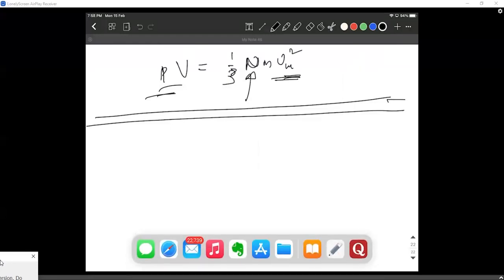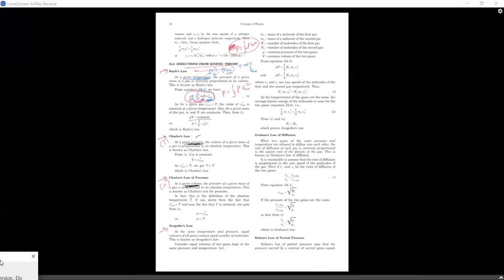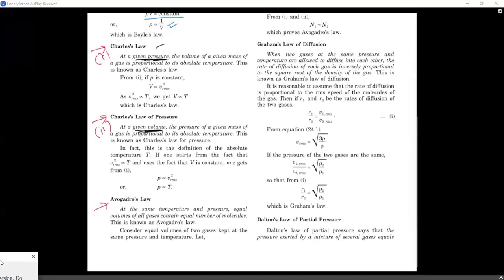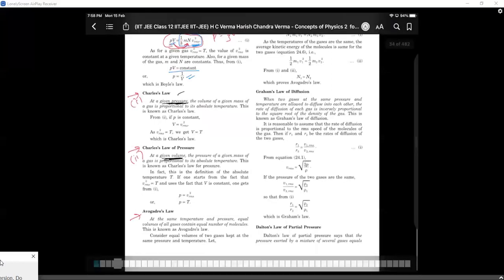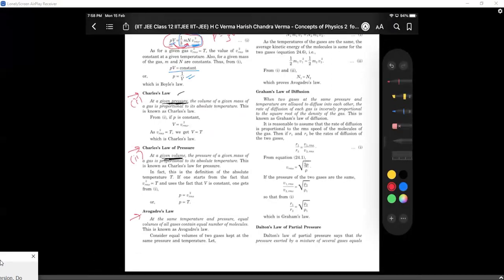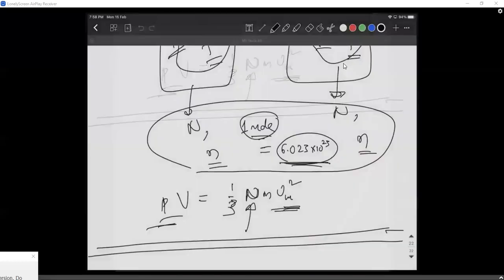Okay, let me take you through the textbook itself. So if you're thinking of skipping these two parts, it's really important. There are some problems where you might come across these formulas. I've seen some students in the past simply skip these. I mean, they don't really skip, but they don't really go through the law of diffusion and partial pressures. This is also important when it comes to mixtures of gases. Okay, this is really important when it comes to mixtures of gases.